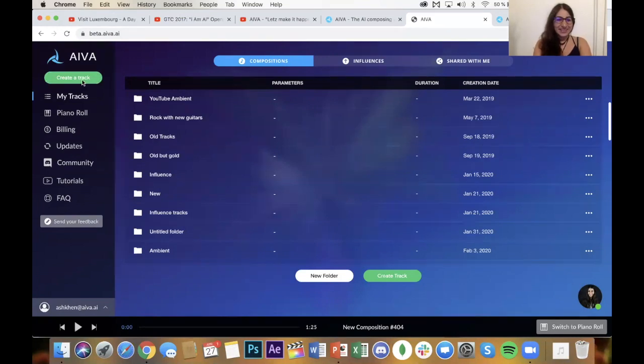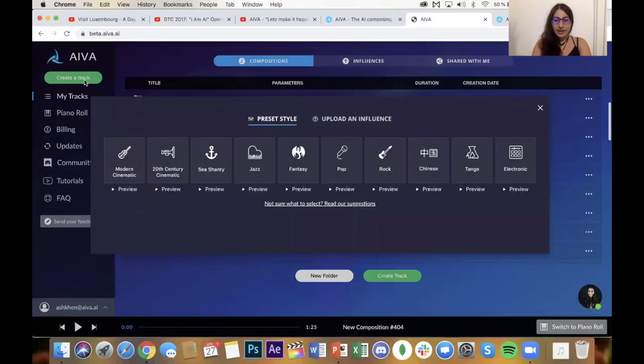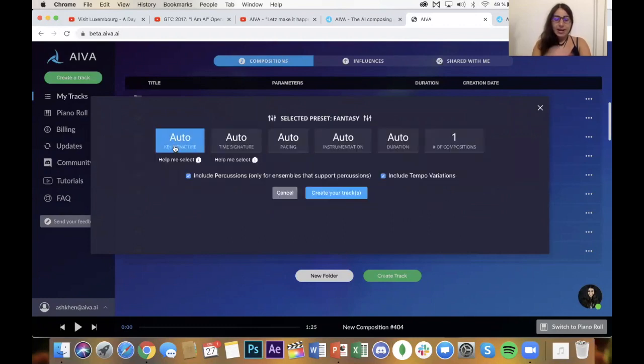So for those who are on the website, we need to click create track. It's the green button on the left side of the window. And after you click create track, now you will see all the different styles of music that you can create with AIVA. For example, you can see modern cinematic, 20th century cinematic, sea shanty, jazz, fantasy, pop, rock, Chinese, tango, electronic. So you can choose the style of the music you want to create for your Scratch project, or just the type of music you want to listen to. And I'm going to choose fantasy. I personally will click fantasy,